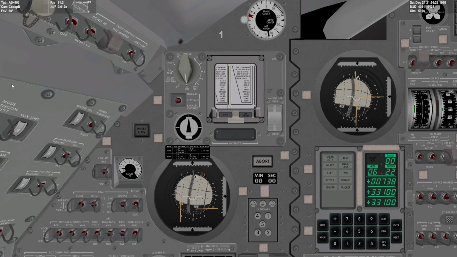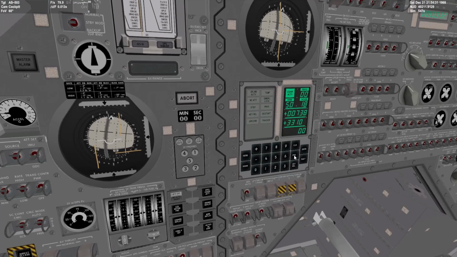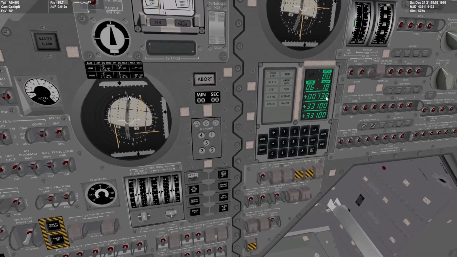Now we can go ahead and switch us to CMC auto, and we will proceed with the auto maneuver. So we're currently set to wide CMC deadband with that digital autopilot change. It does actually take the computer a little bit to get going with the maneuver. That DAP change would be the top line of